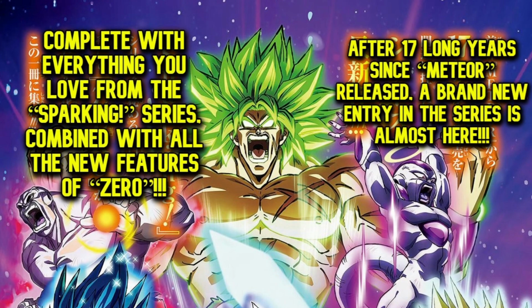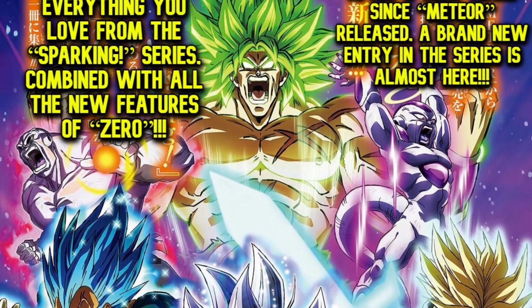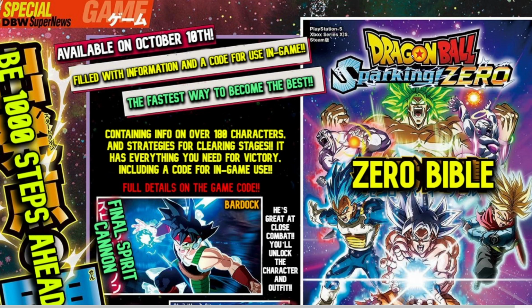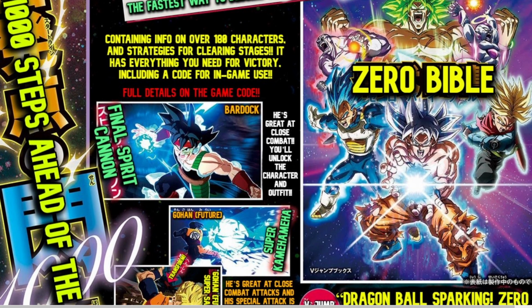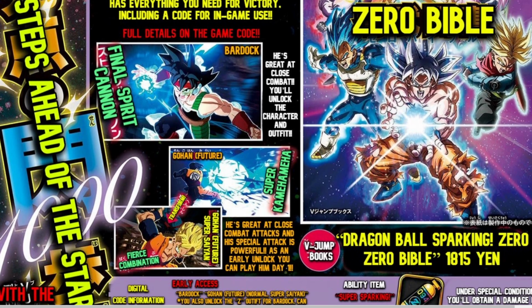Here we have the Sparking Zero starting book, where it's just a guide of the game in general, complete with everything you love from the Sparking series, combined with all the new features of Zero. After 17 long years since Meteor released, a brand new entry in the series is almost here, and we have the very first scan, the Bardock scan, right? So this one includes a unique V-Jump code. I'm not entirely sure how to access this code, but we get exclusive early unlockables, which we'll go ahead and